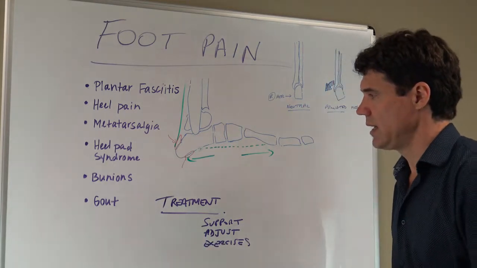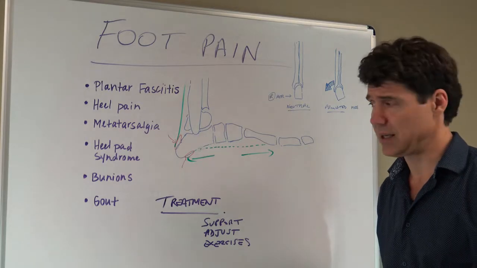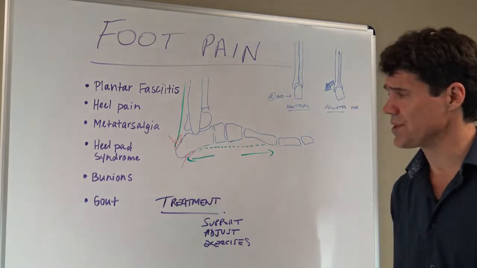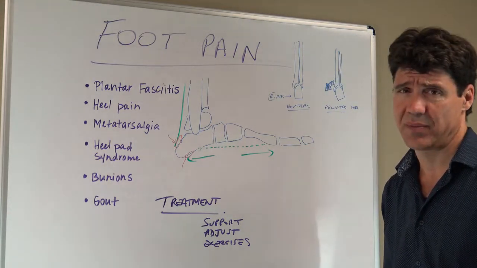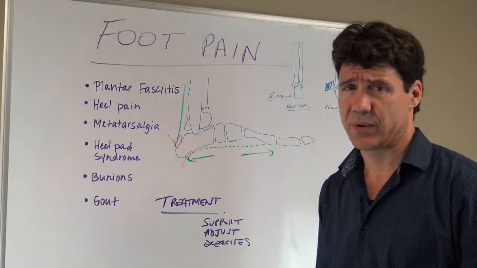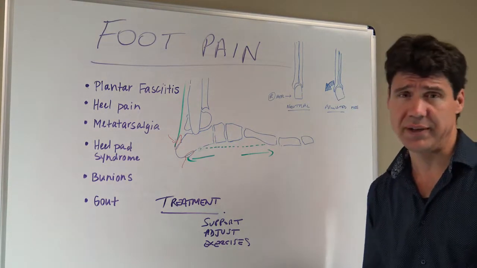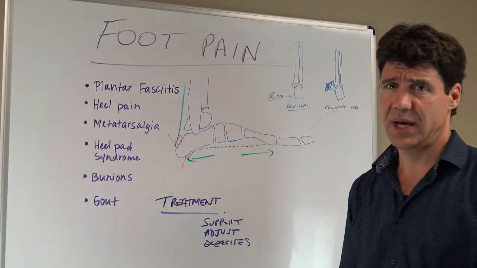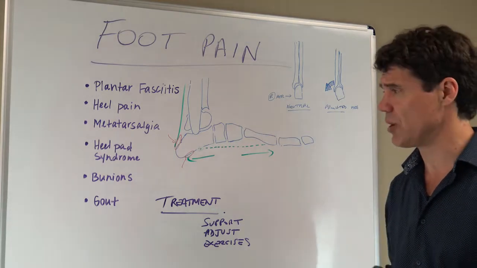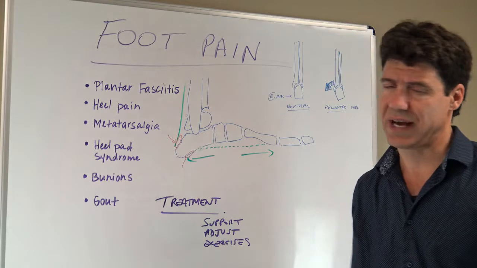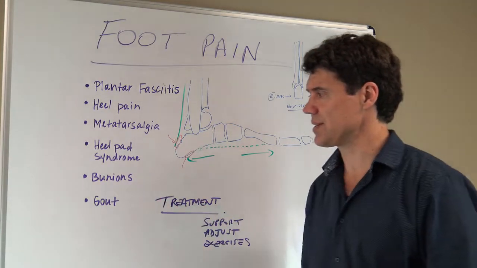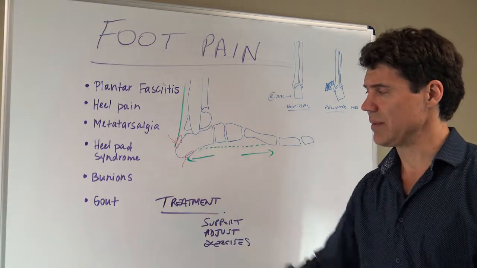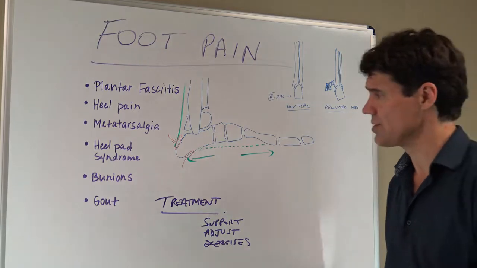Finally, gout is a metabolic disorder when we have too much acidity in the body, we have too much inflammation in the body, and we've got problems getting rid of some of our waste products, namely purine crystals, but we get a lot of crystal deposits in our joints, and that's just because we're out of balance. And the appropriate diet, nutrition will take care of gout. Some medications like allopurinol can be helpful, and that's a longer metabolic type nutrition, diet, lifestyle treatment, but